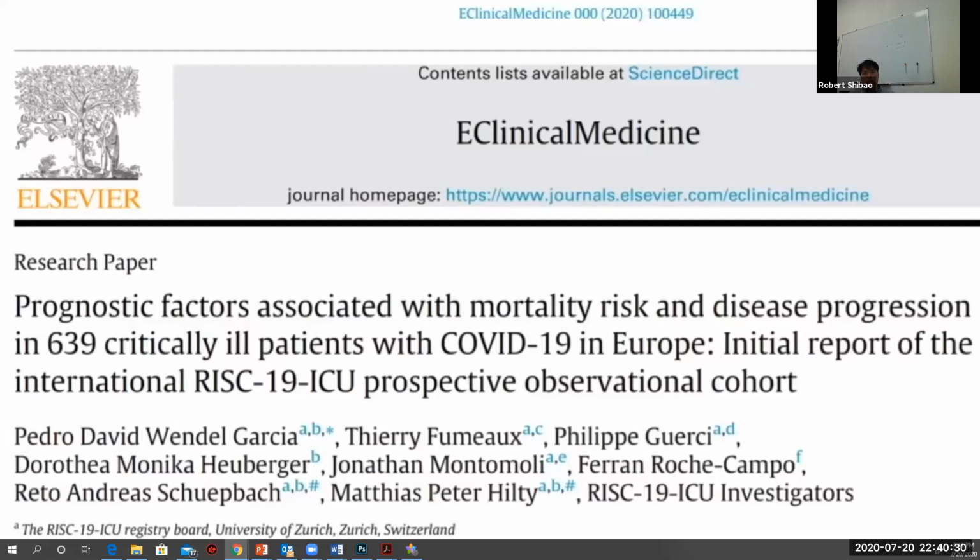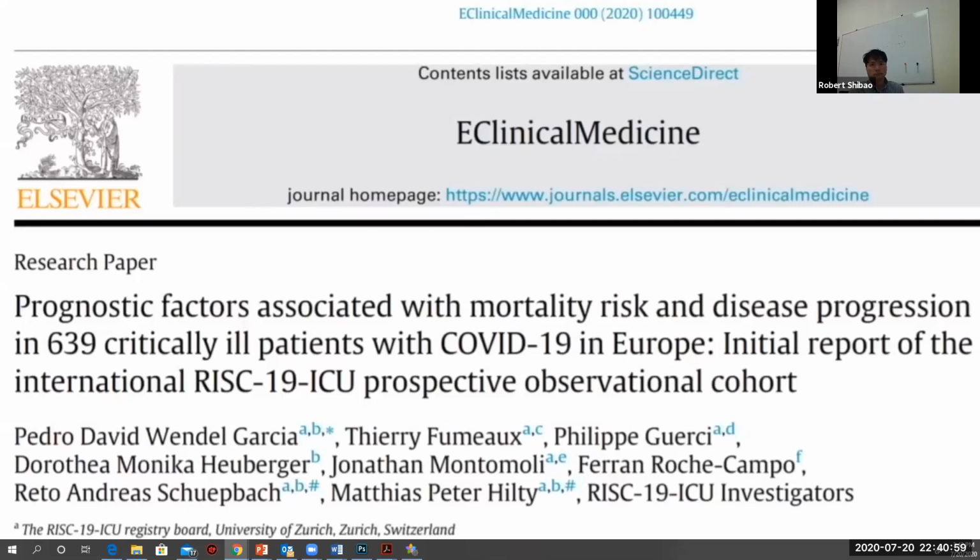I believe it is happening very early in the course, probably before the patients even get to the hospital. I also believe it's probably the reason why we're seeing a very wide range of symptomatology in patients, because it really just depends on where the thrombosis occurs. If the thrombosis is occurring in the brain, you're going to get neurological symptoms. If the thrombosis is occurring in the lung, you're going to get shortness of breath symptoms. If the thrombosis is occurring in the kidney, you're going to get renal issues.